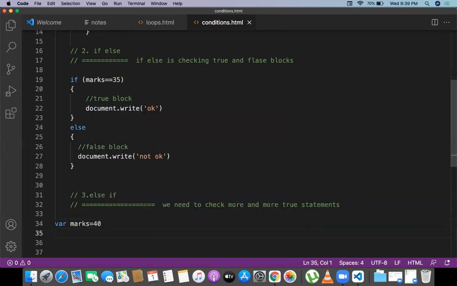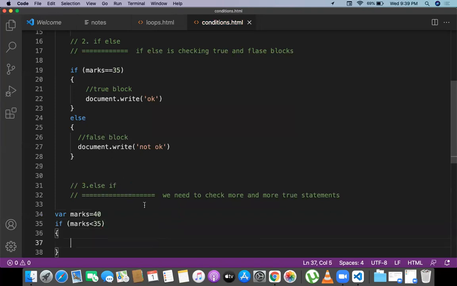Then I write a condition: if marks less than 35, he is going to get fail. Then document.write fail.